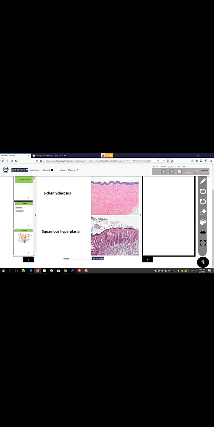In squamous hyperplasia, what happens? There is thickening of the epidermis and there is hyperkeratosis. So coming to benign exophytic lesion, which is also called condyloma